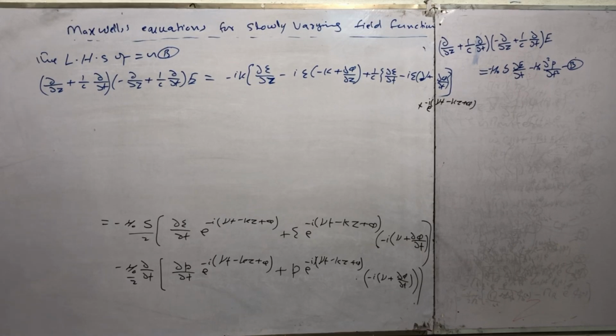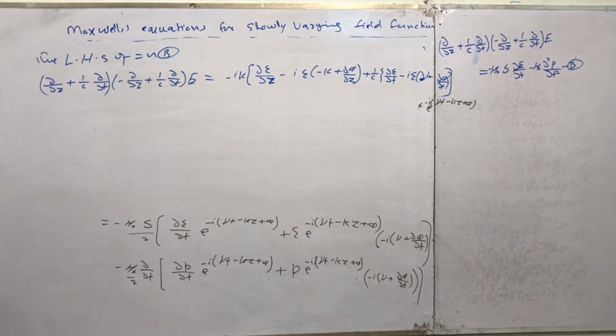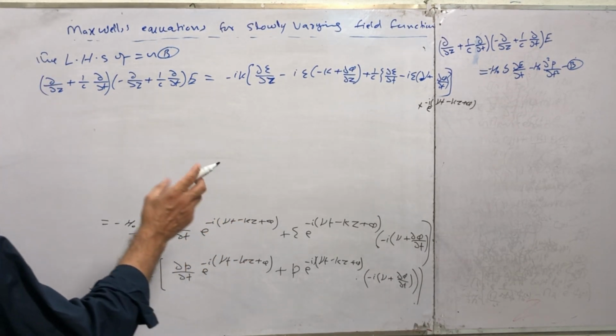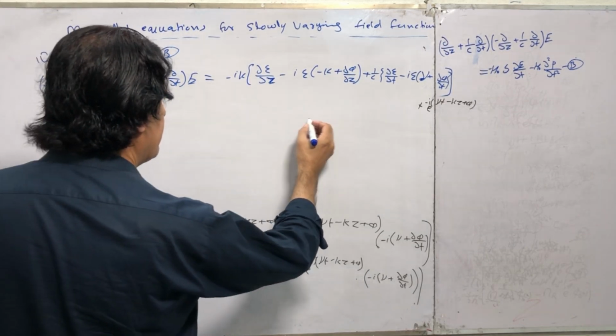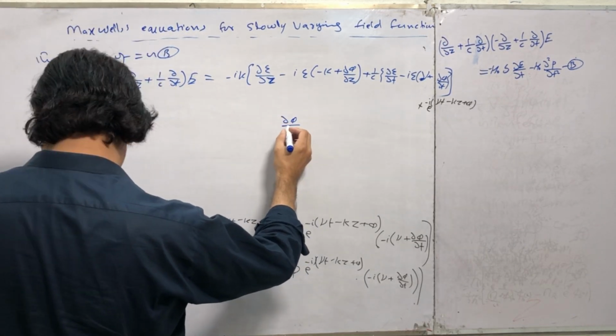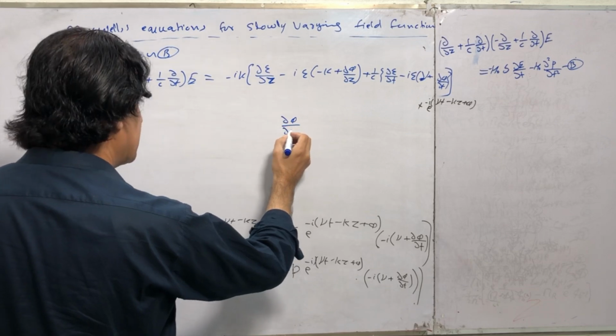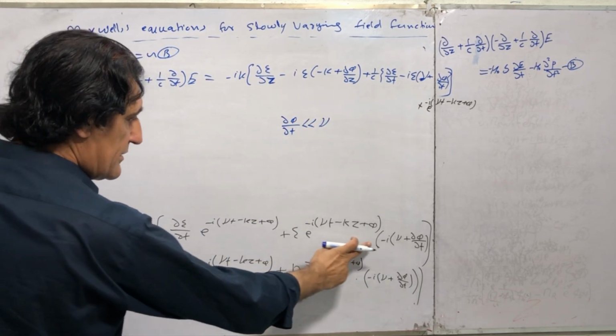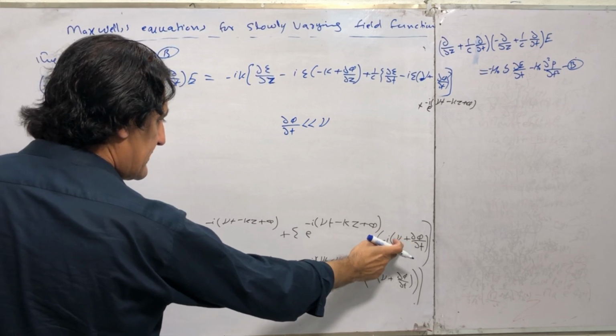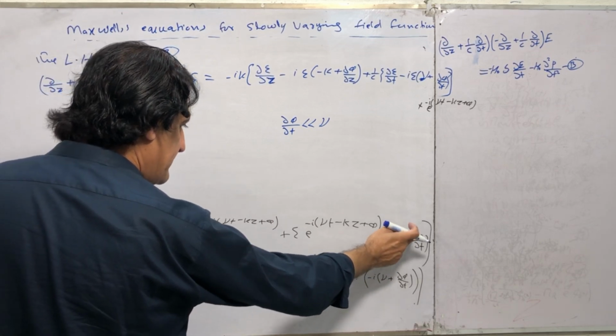You can apply this approximation, partial phi divided by partial t is very less than nu. So from here you can neglect this term